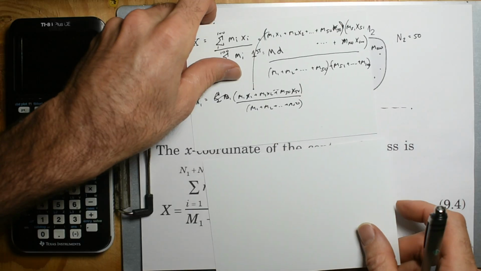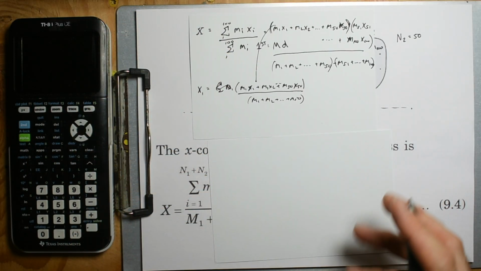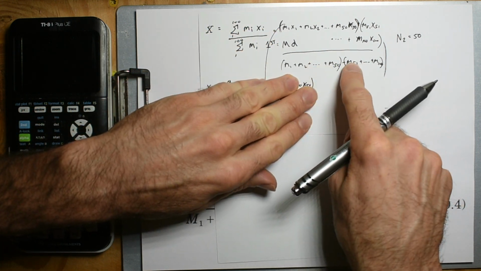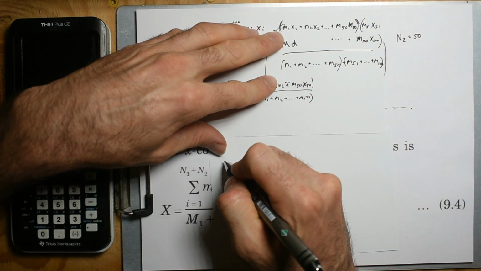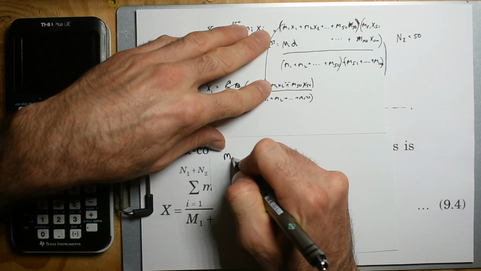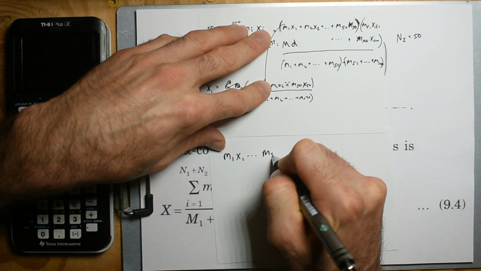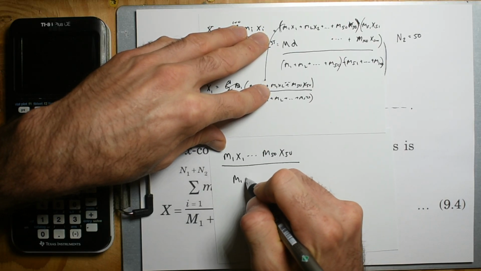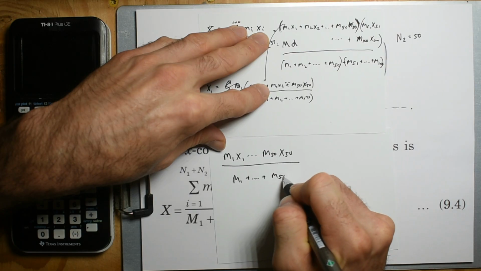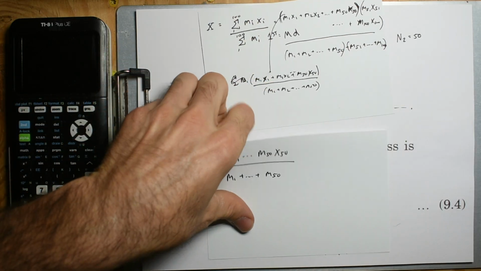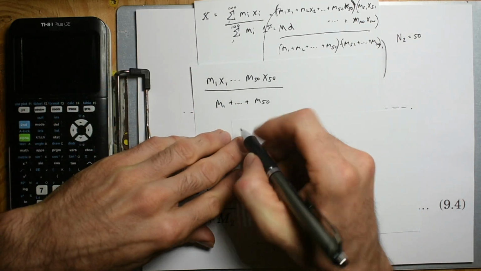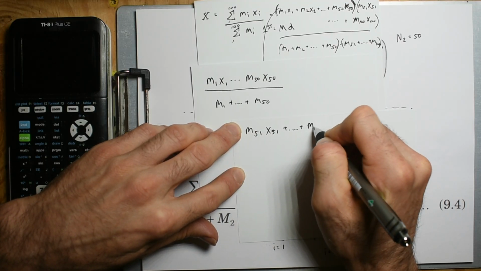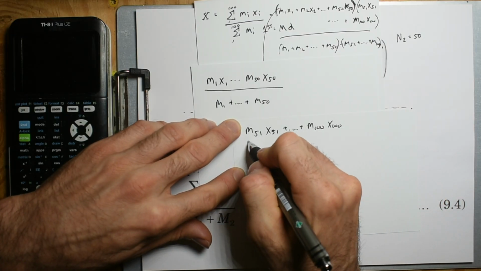Alright, this might be more of an experiment. I guess I didn't do this. I just thought I could do it real easy. But at least if this is my divisor, and I can use this associative property, I can separate those two. So I can have m1x1 to m50x50 divided by m1 plus m50. So that's what I have right there. This side is going to be m51x51 plus m100x100 divided by,